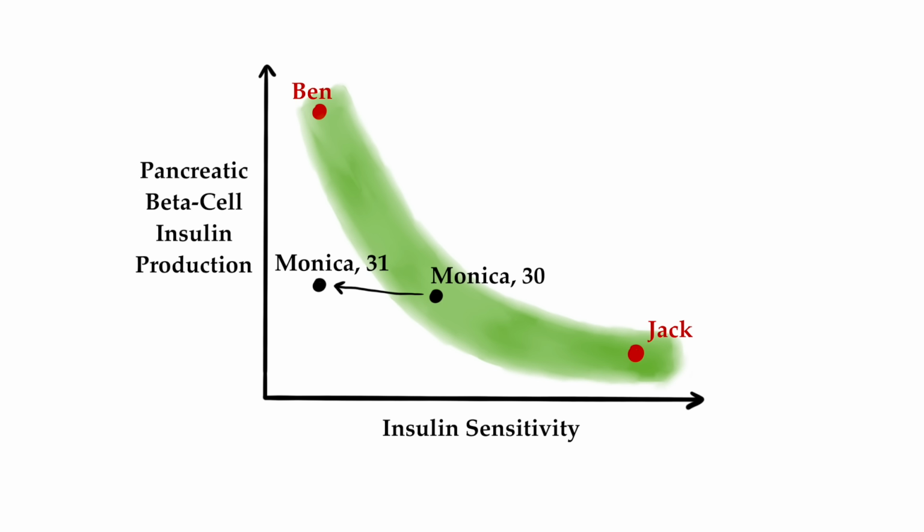Once she gives birth, her insulin sensitivity would be expected to recover mostly, and the gestational diabetes may go away again. What this shows, though, for Monica is that her personal maximum beta cell output is somewhere around here, and if she becomes insulin resistant for another reason, such as weight gain, later in her life, she will likely develop type 2 diabetes. So how are insulin sensitivity and pancreatic beta cell function affected by common diabetes treatments?